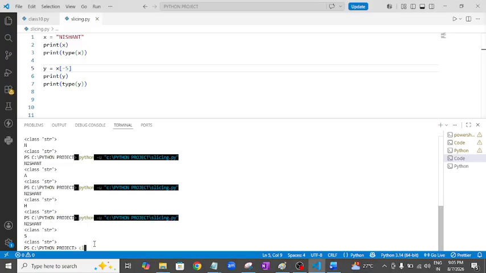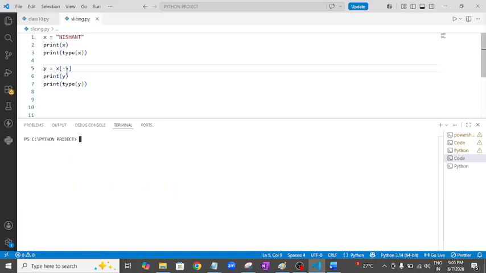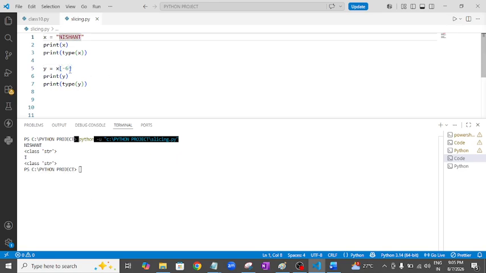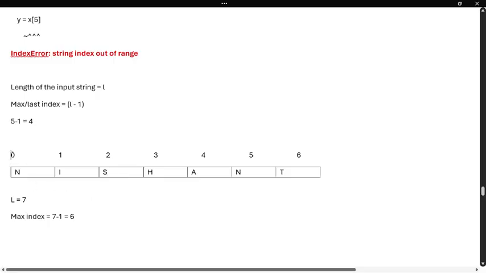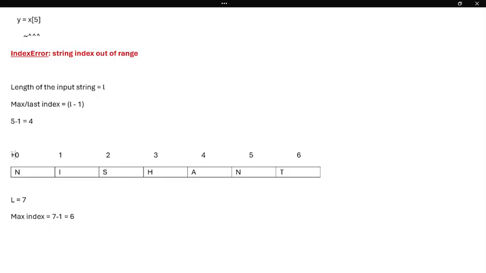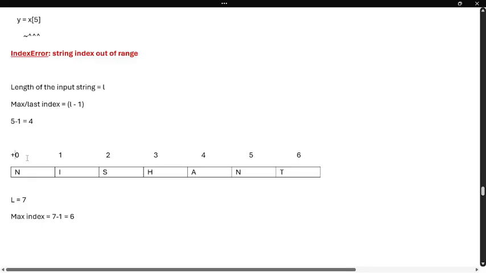Sir, minus 6. Minus 6, it is going to give i. Minus 7, sir. Minus 7, it should give index out of bound. No, because here, remember, at the positive end, this is nothing but the positive end plus 0. Now plus sign. When you are coming with minus, it is going to start